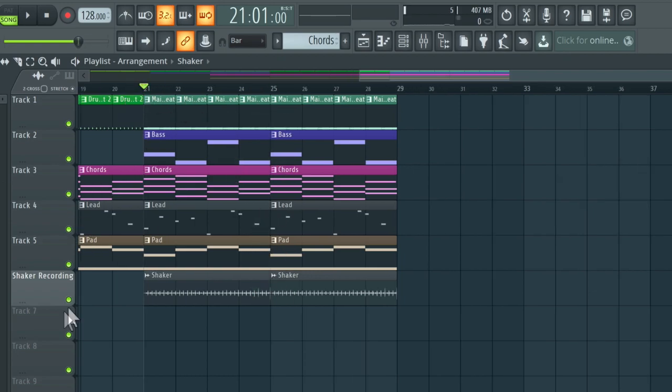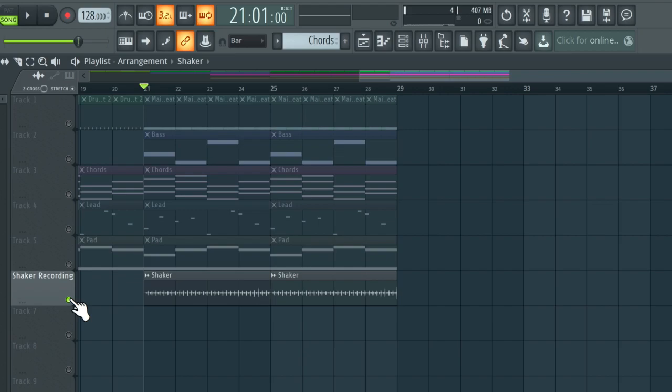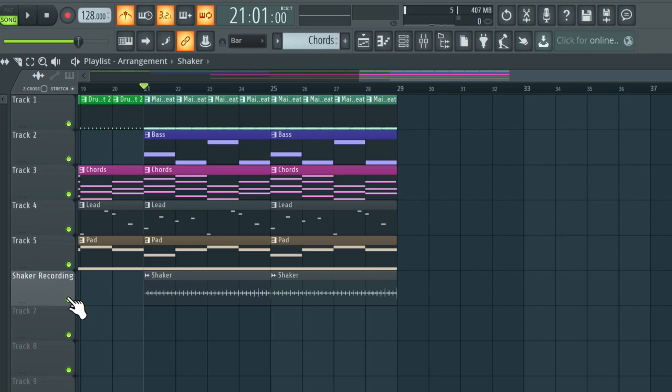I'm just going to solo it by right-clicking on the shaker track on the green LED, and I'm going to turn on the metronome, just so you can hear it in time with the click. I'm just going to right-click again so this track is no longer soloed. Okay, now we've time stretched that, I'm just going to disable the stretch icon at the top here. Okay, great. Now we've got the shaker back in time with the project and we've chosen our tempo,